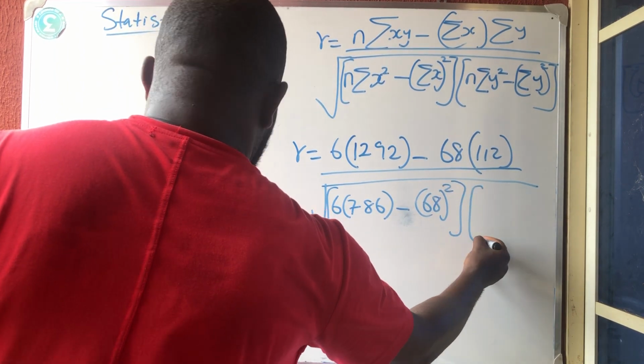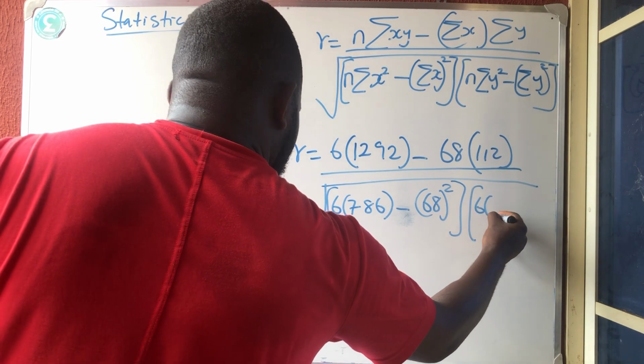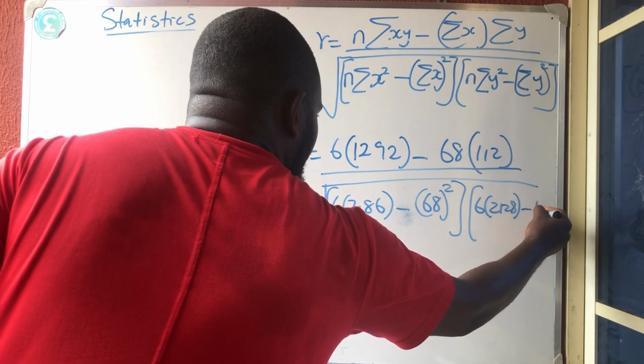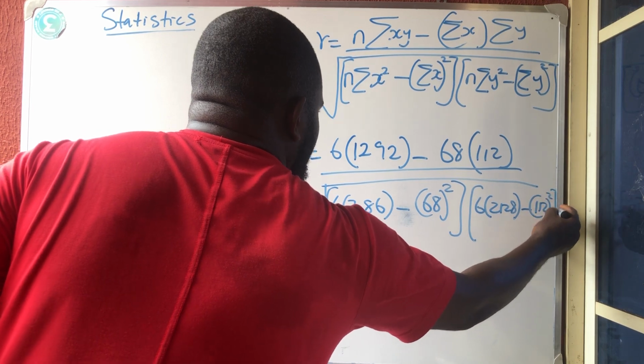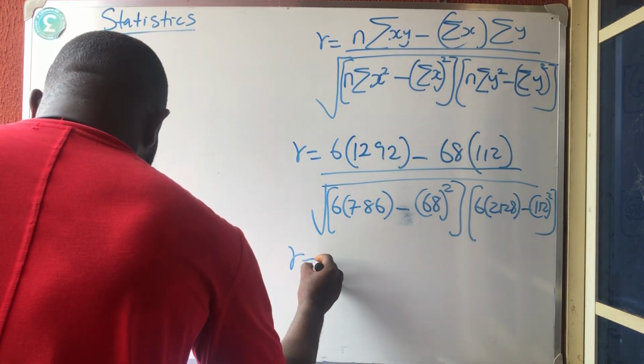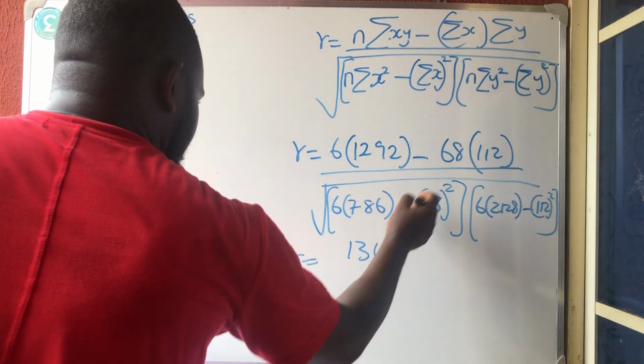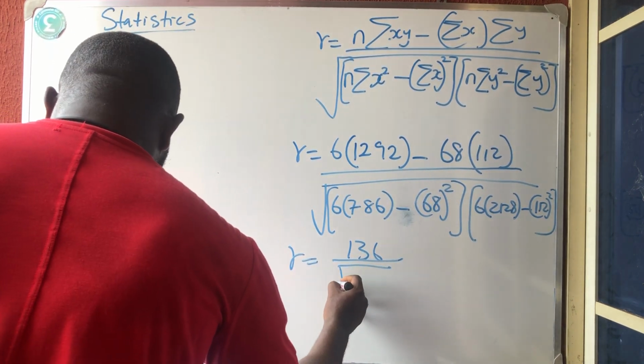Close the bracket. Bracket 6 bracket 2128 minus 112 all squared. You close. So my r gave me, if you do everything, you're having 136 for the numerator all over the square root of